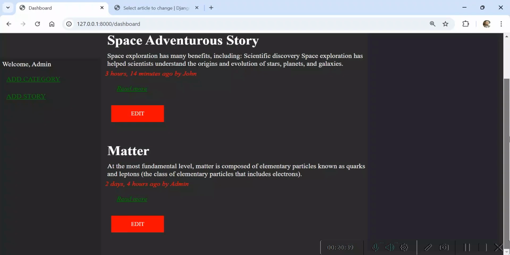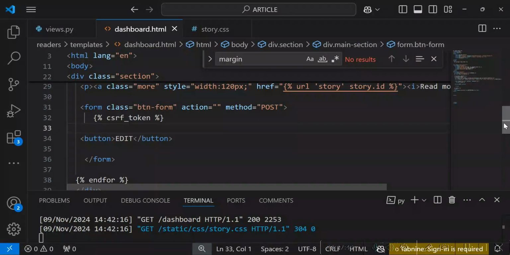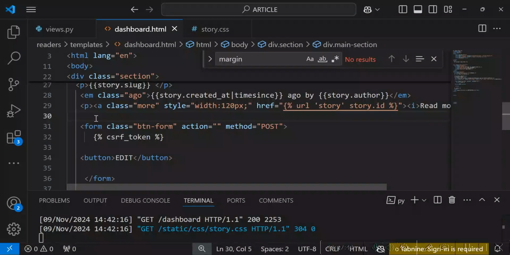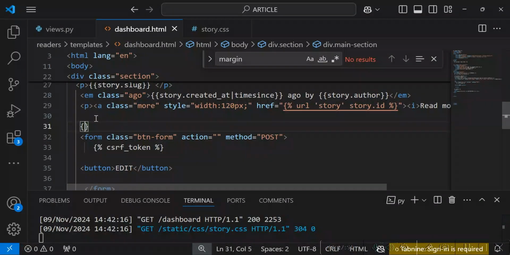But now what we need to do is, now that we know the owner of this and the owner of this, we only need to see the edit button on this admin post, because admin is the rightful owner of this and is the only person that should edit this. Before the form, let's run it at the top here. So to run that, we need to pass the templates, and then we do if the author of this particular, what do we call it, story, which is